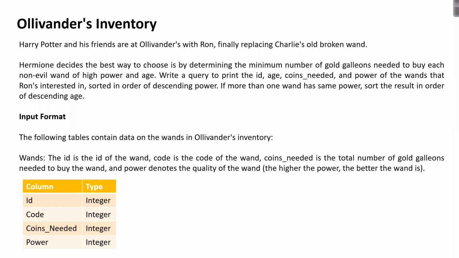Write a query to print the ID, age, coins needed, and power of the wands that Ron's interested in, sorted in order of descending power. If more than one wand has the same power, sort the result in order of descending age.